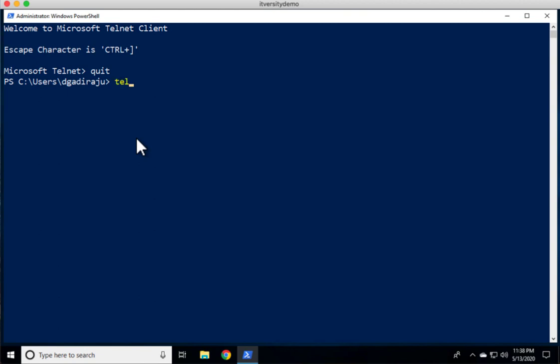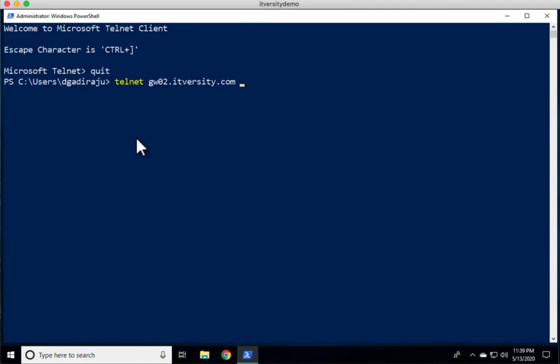Now let me use the command telnet against gw02.itversity.com. It is a Linux based machine. Whoever has credentials to connect to it should be able to enter the username and password and connect. However, to facilitate that on the Linux based machine, the SSHD process has to be up and running on port number 22. In case you are supposed to be able to connect to this server and you are not able to connect for whatever reason, if you want to ensure whether SSHD is up and running or not, SSHD typically runs on port number 22.